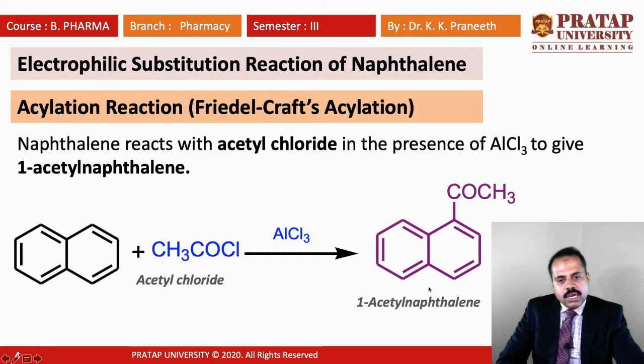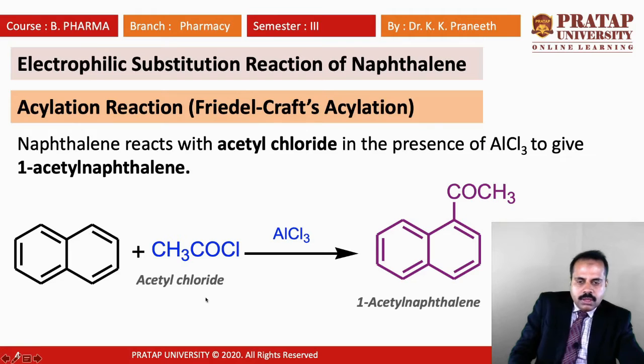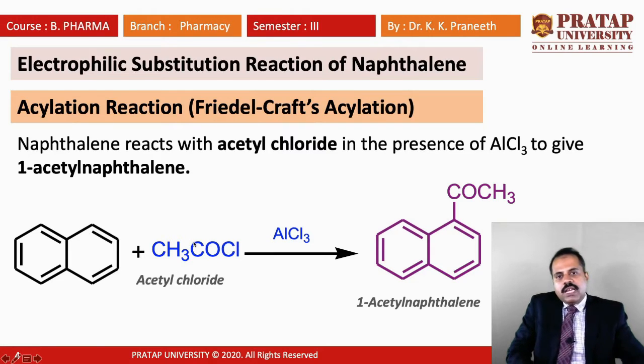So, the product you will get is 1-acetylnaphthalene. So, the CH3CO attaches here, right? And what is the byproduct? Same thing, HCl. This chloride and this one hydrogen have gone as HCl. So, plus HCl. So, this is called the Friedel-Crafts acylation reaction, and we can also use it for other compounds like